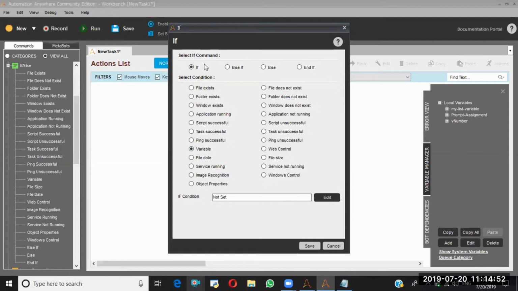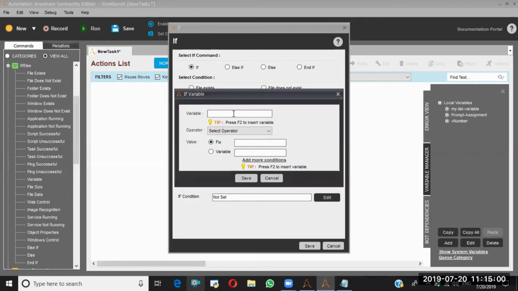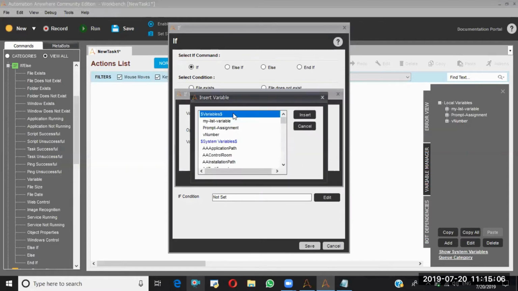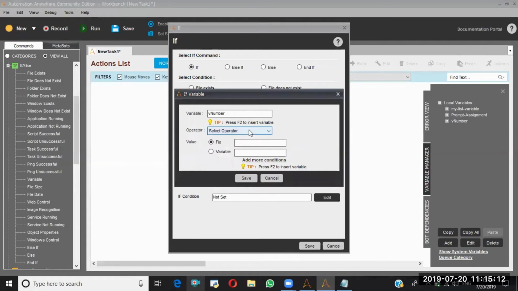We'll discuss the remaining statements as well. First, let's go with this one. Now I'm going to click on edit. Once I edited this, what is the variable? Variable F2, here v number. Here, select operator.